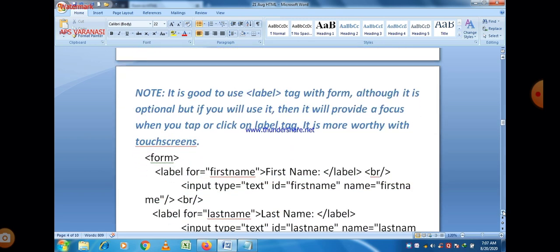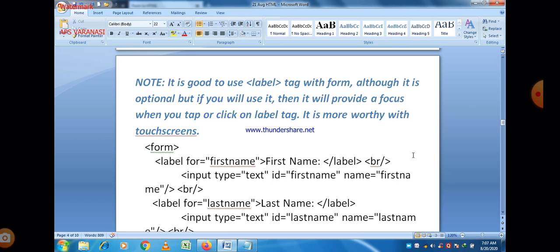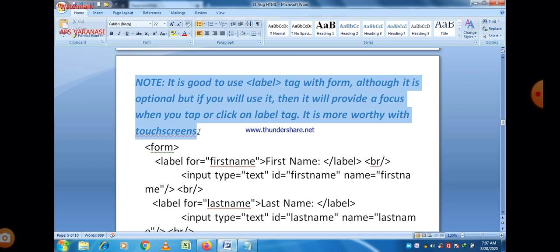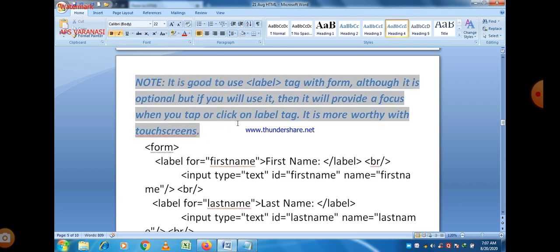Without this you can also create your form. Here you can see on the screen there is an important point written here. It is good to use label tag with form, although it is optional, but if you use it, it will provide a focus when you tap or click on a label tag, and it is more worthy with touch screens. That's why we use label tag here.